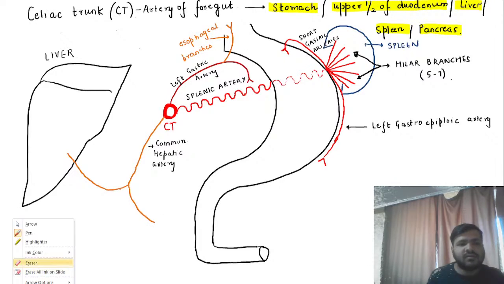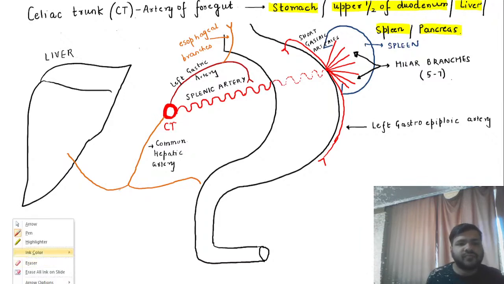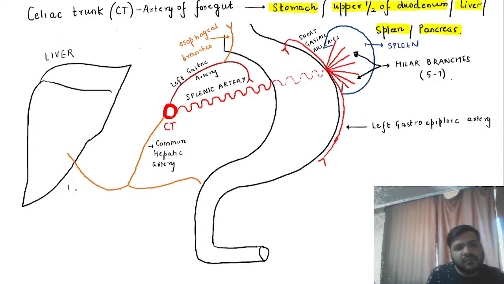I'll just draw it a bit nicer, and one will just go towards the duodenum, okay. So this branch over here, it is called as the hepatic artery proper, is going towards the liver. Hepatic artery proper,